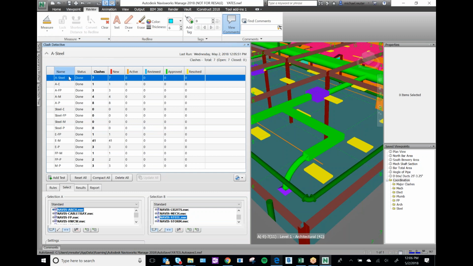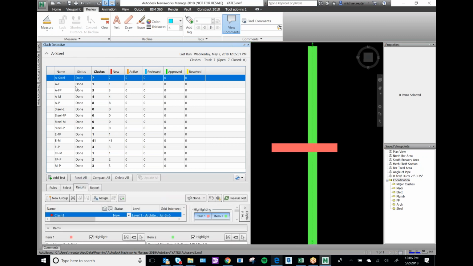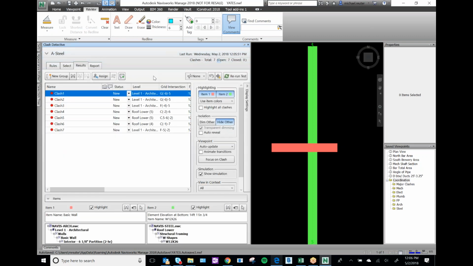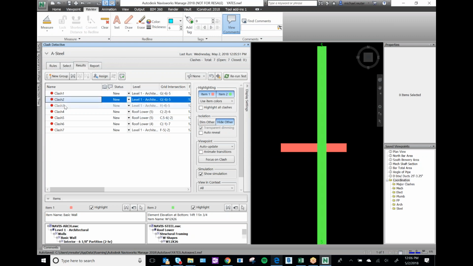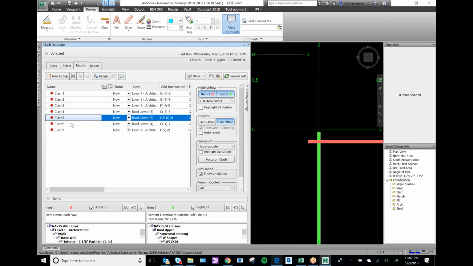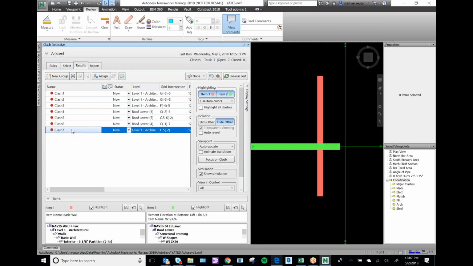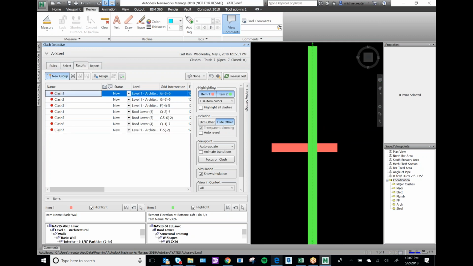So we've got our architecture versus our steel. Okay, so let's take a look at our results here. Right now we can't see them. So I've picked A versus steel up here. Now I'm just going to click this arrow right here to hide those. So I could, if I wanted to, go through all of these and review them one by one. But to me, the best way to review all of these